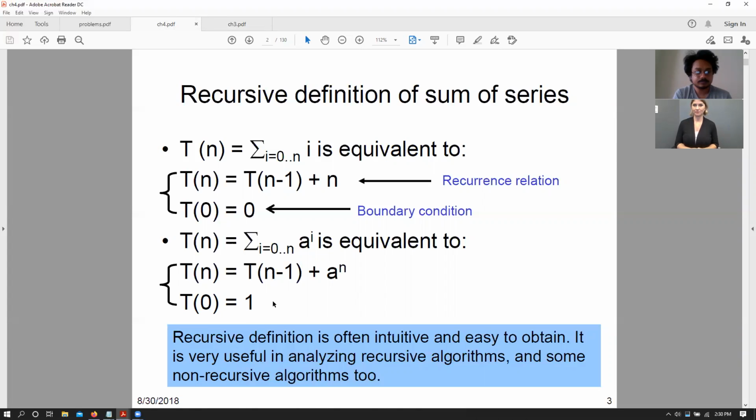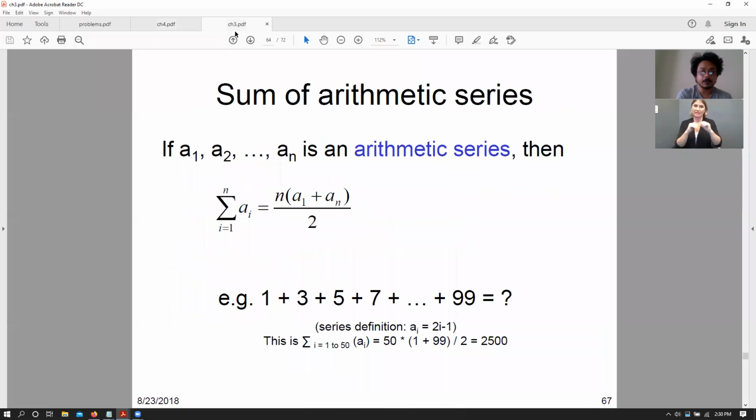I mean, the limit as n goes to infinity would be infinity, right? Exactly, because this does not converge, right? However, if a was less than 1, then it does converge, right? Then you apply your geometric series summation, right? If a is less than 1, then you apply your geometric summation, okay, so let's bring about the geometric series.